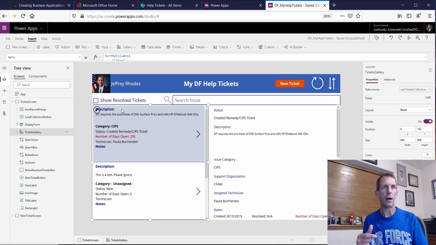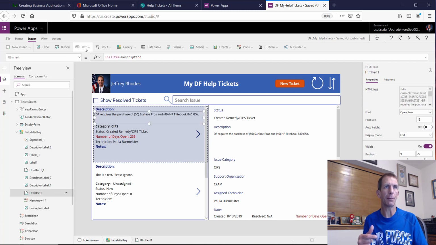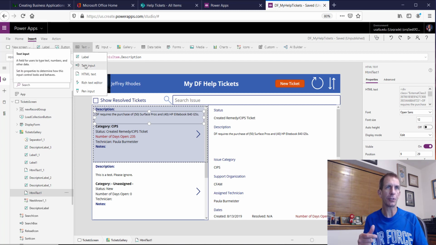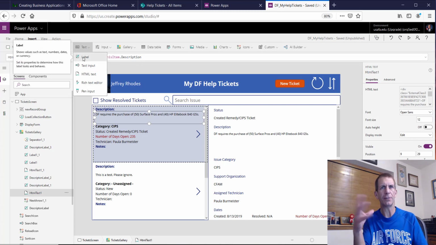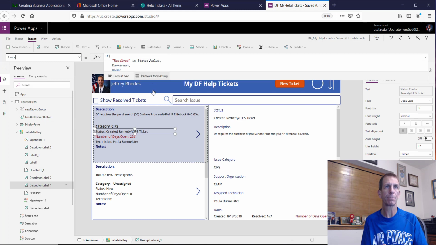And so I put some labels in, but notice this one is an HTML text because it's got formatted text. If you just put it in a label, you'll see all the div tags and that kind of stuff. Same thing for the notes down here. In the category, I just made it bold. This one's got a little more logic, so it's our status. What I wanted to do, you might remember it had different colors. So if I look at the color here,